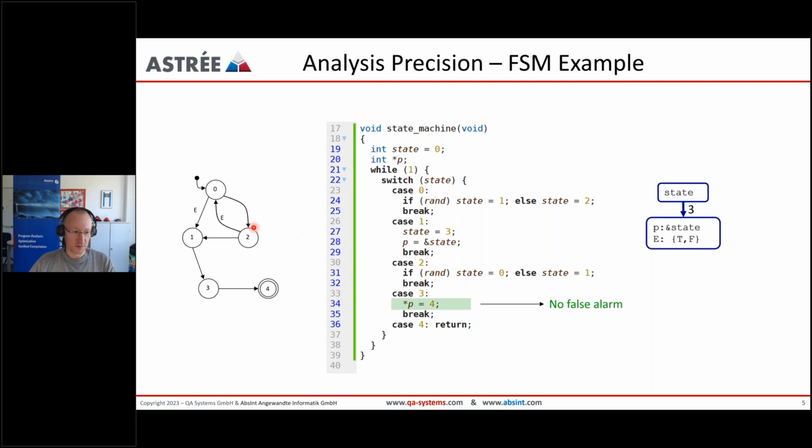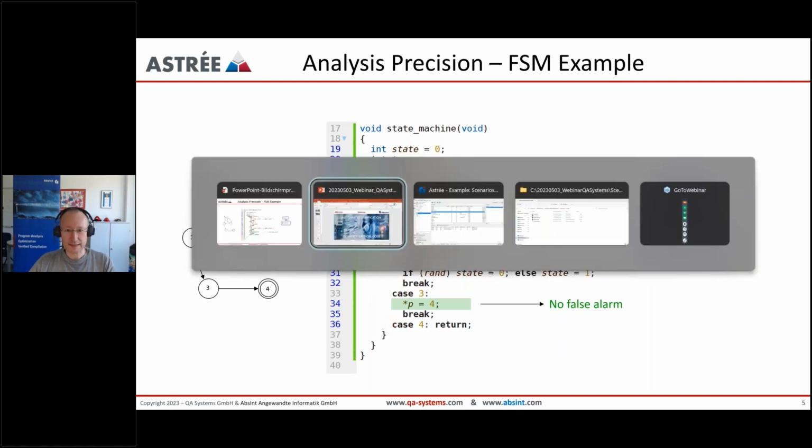So from the automaton structure, it's clear that whenever we dereference this value here, it will always be initialized. But when just looking at the switch statement, it's not so obvious. And actually, this is something which is very difficult and which shows how precisely Astrée can analyze such code.